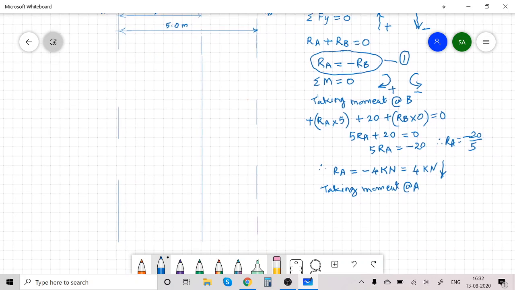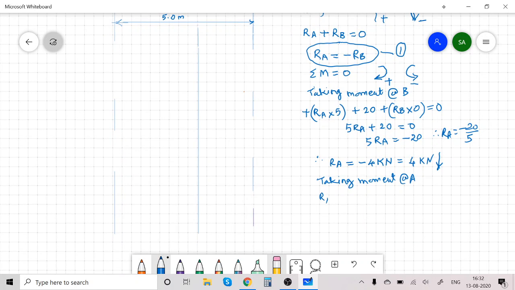So taking moment about A, RA into 0 as RA passes through A, the perpendicular distance is 0, plus 20 minus RB into 5. This is anticlockwise moment. This must be equal to 0. So 5RB is equal to 20, and therefore RB equal to 20 divided by 5, that is plus 4